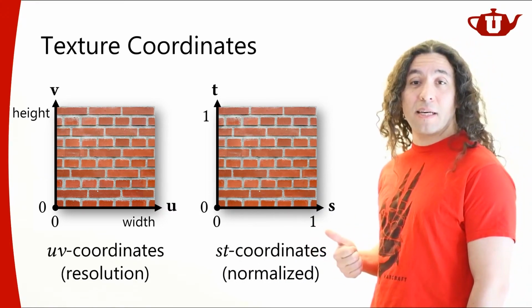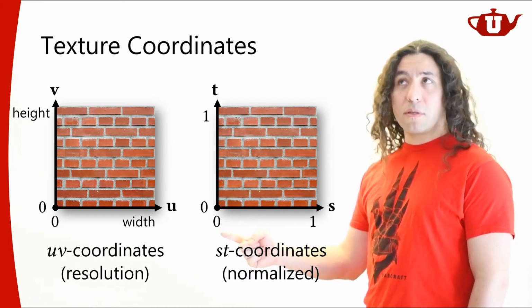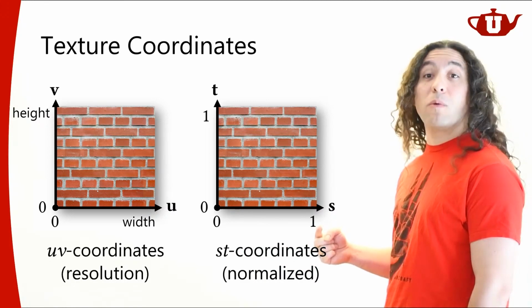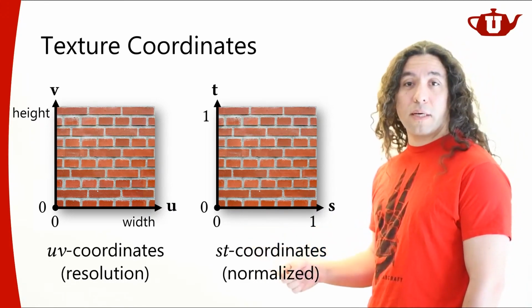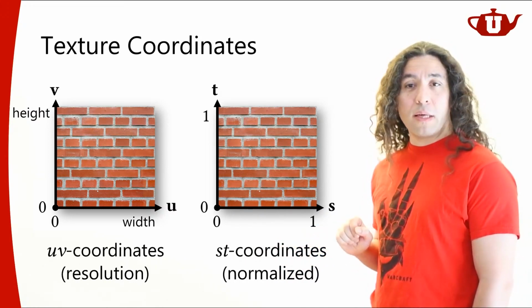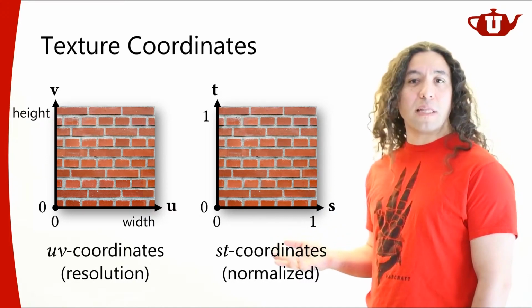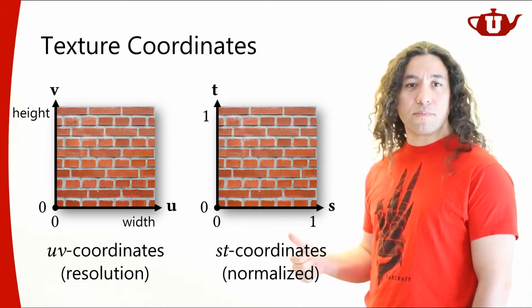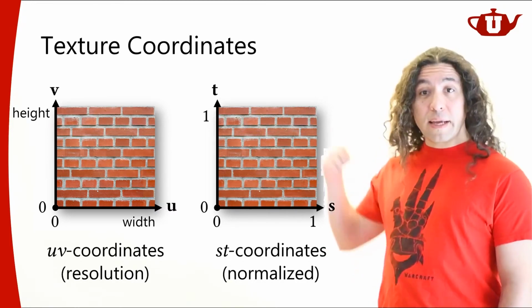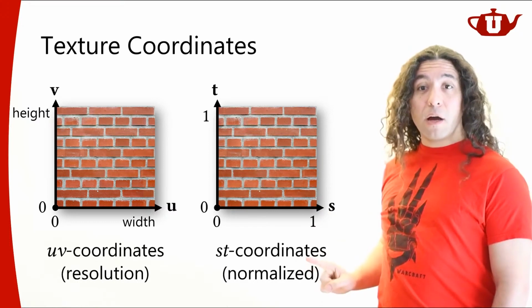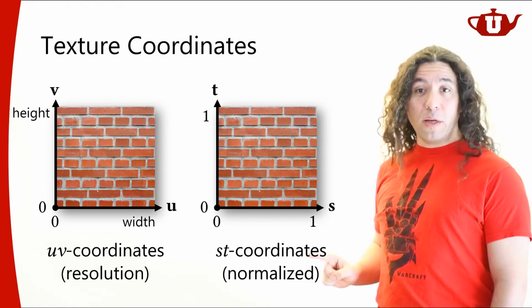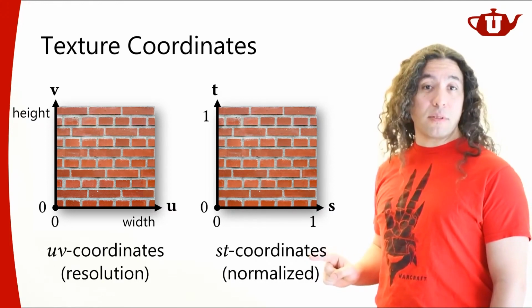So if I have a texture image like this, this bottom left corner is going to be 0, 0, and the other end of it will be 1. The same goes for the T coordinates. So ST coordinates will be normalized, as we call it, so that it's going to be resolution independent. So I'm not saying anything about the resolution. So typically on the GPU, when we are providing texture coordinates, we are providing ST coordinates, right? We want to provide resolution independent coordinates.